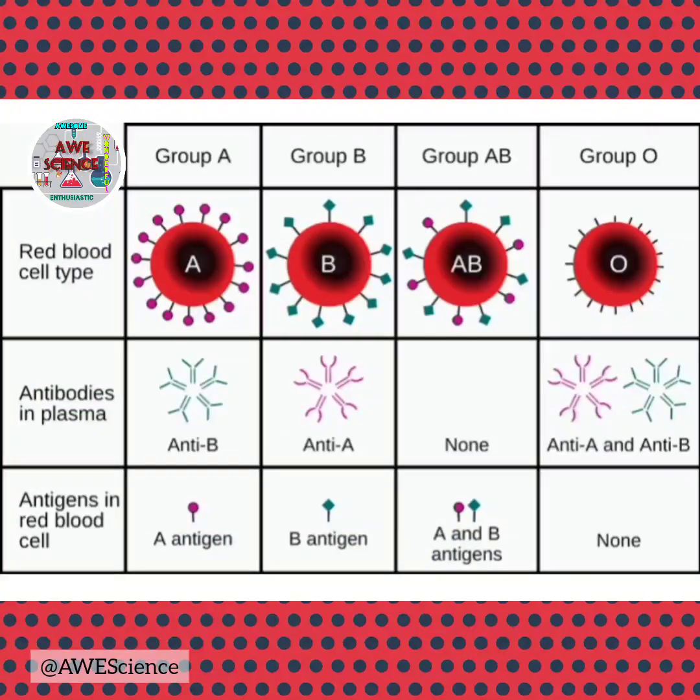This chart talks about the different blood groups present in human beings, that is group A, group B, group AB and group O. On the left hand side, it talks about the red blood cell type, the different antigens present on the RBCs, and the antibodies in the plasma. Now remember that if a person has an A blood group, the person will have the opposite antibody in the plasma. That is, if a person has A blood group, the person will have anti-B in the plasma. Same for the B blood group, anti-A. For group AB, no antibodies, and for group O, since there are no antigens, both the antibodies are present in the plasma.